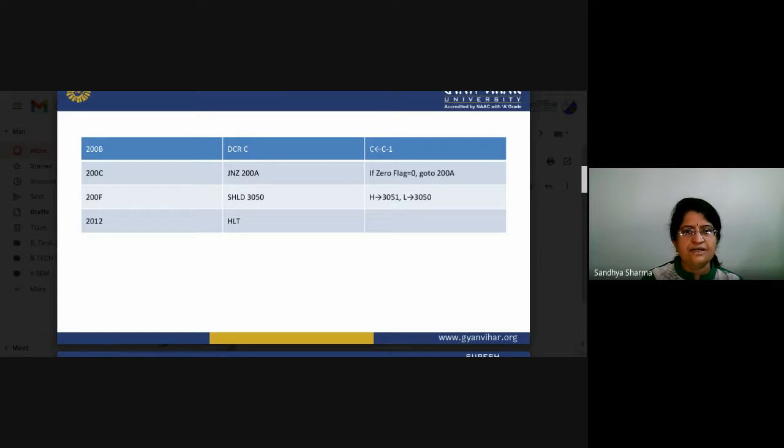And SHLD 3050, so you store the content of H and L at 3050 and 3051, storing that content into different locations. So you have done jump if not zero, then if the zero flag is zero, you go to the 200A position, and after that the HLT operation.